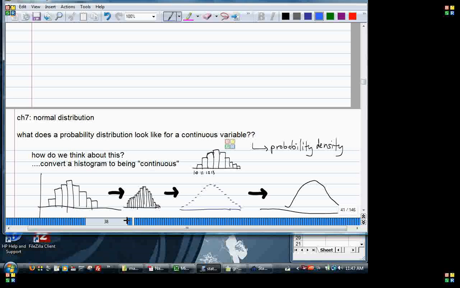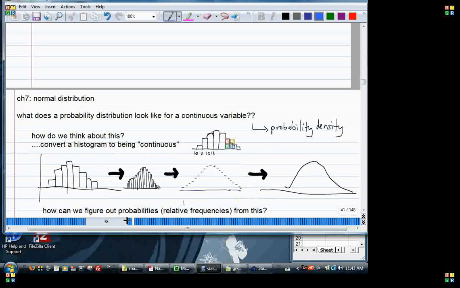Okay. So the first thing I want to show you is that we're going to be looking at pictures or histograms that look not like these blocky rectangle tops, but look smooth. That's the first thing. The second thing I want to talk about is how can we figure out probabilities from this picture? Now to do that,